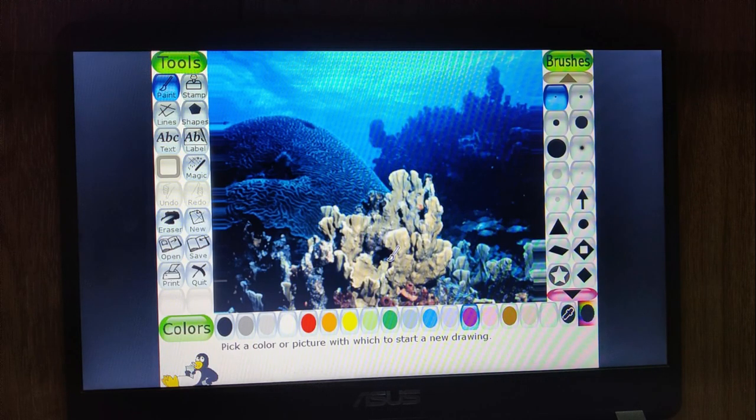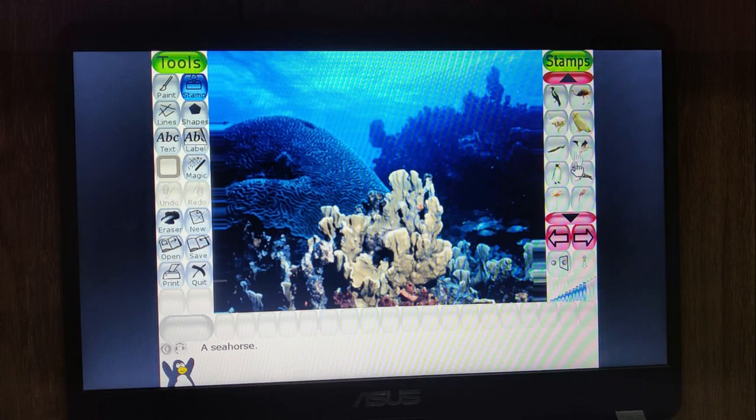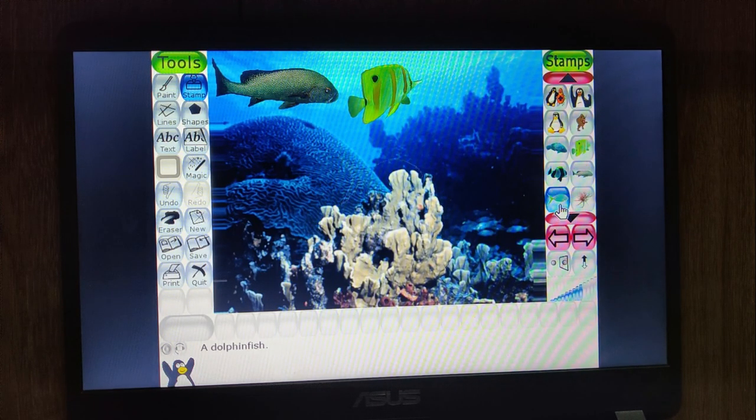Clear? Now let's see some stamps in this picture. So select the stamp option and use different fish stamps over here. Select any fish and drag it here. Select any fish.